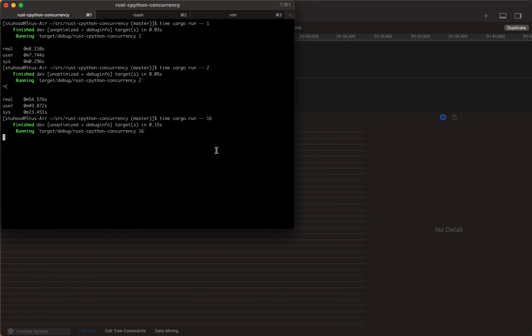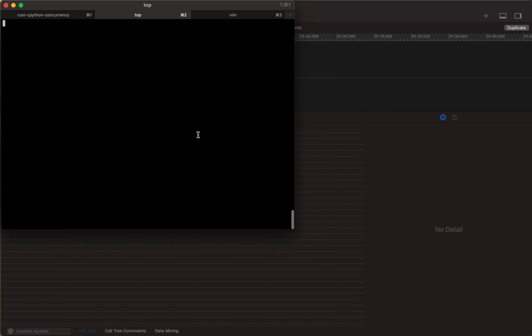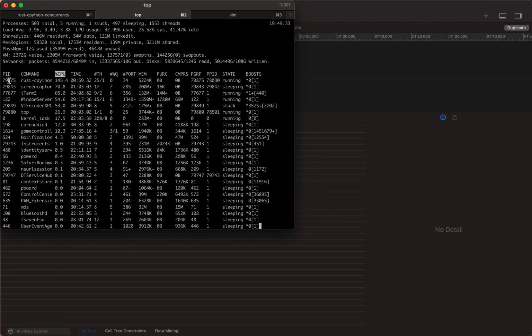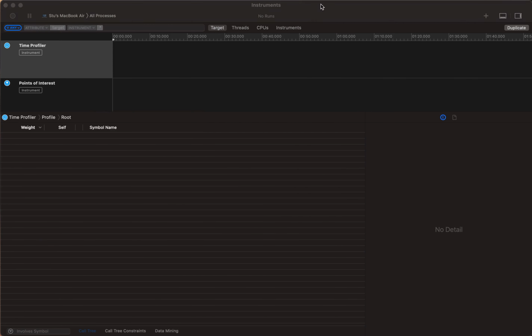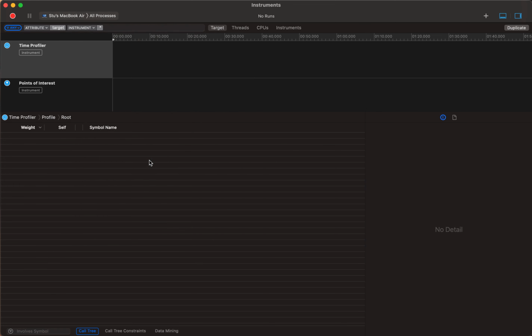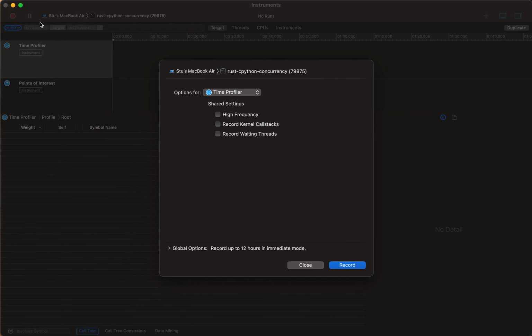We are going to go and find what's eating our CPU, which will be this process. So it's 79875. So we go to this all processes dropdown, we select it, and then there's a record button. We're going to option click it because there's something very important that we have to do first. So option click brings up this menu. If we clicked it without option, we wouldn't get this menu, but this menu allows us to select record waiting threads. And this is important because